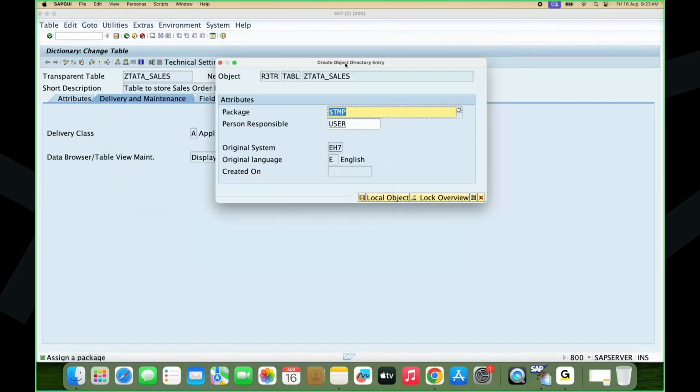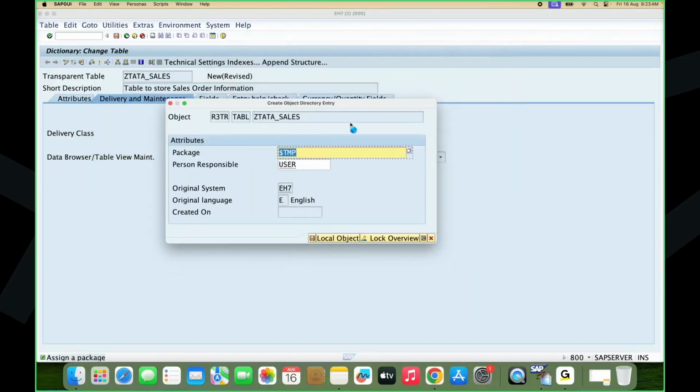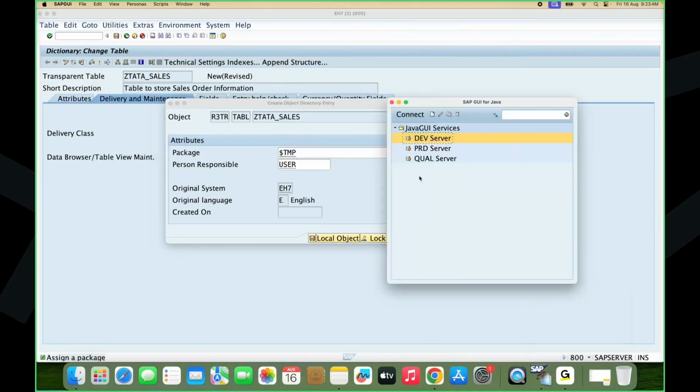So now I'll tell you why we have to store inside the local object. What is this pop-up? Whenever you are creating a table, you will be getting a pop-up to store under a package. Why is this pop-up coming? Why is it asking for a package? The reason is you are doing developments, meaning table creation, in the development server. But the table, whatever you created, has to be maintained with the data in the production server, which means your